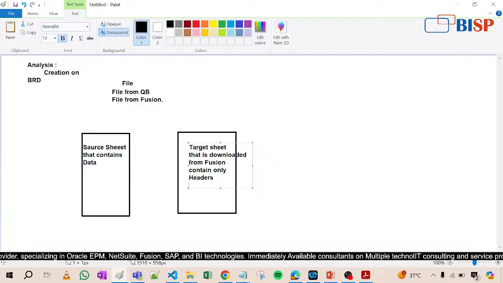Okay, so now we are having two files. One file contains the data, that is from source. Another file contains the header, that is from target. Now what we need to do, we need to replace all the header names with the new one. That's our task, because then only our sheet will be able to upload. So guys,